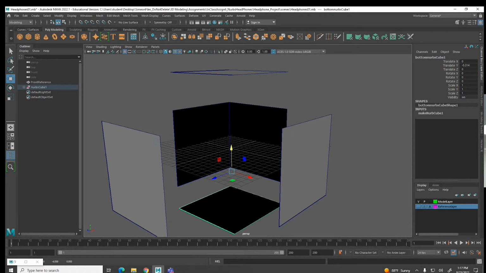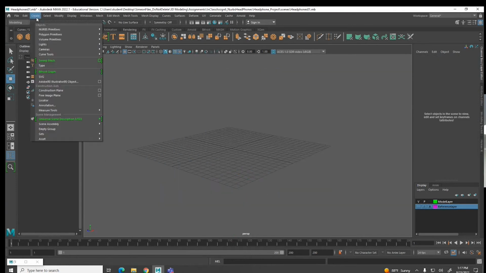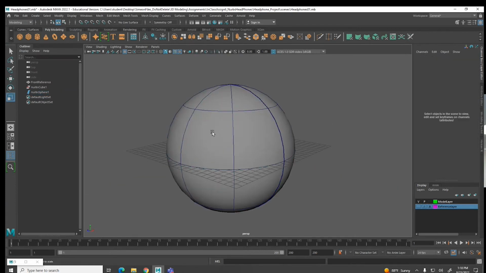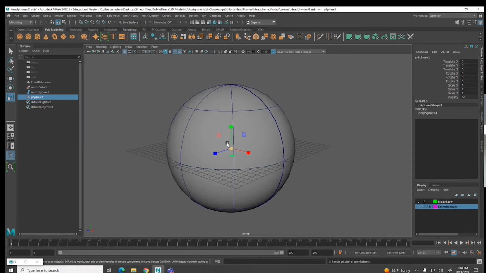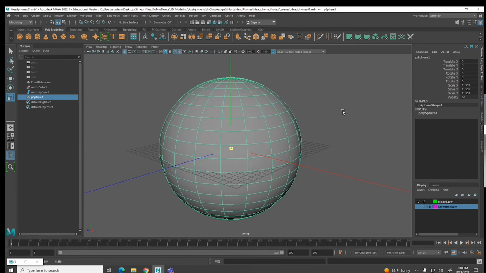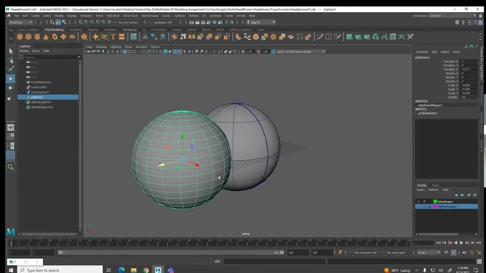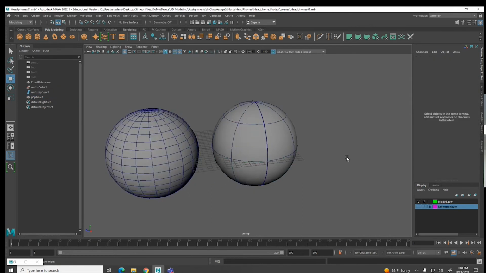Now, in addition to just understanding that, let me just get rid of that cube. What about a NURBs sphere? Because we've seen what a polygon sphere is. Well, look at the NURBs sphere, right? Let me go ahead and put a polygon sphere right next to it, just so we can see. Okay, polygon sphere on the left, NURBs sphere here on the right, and you can immediately see